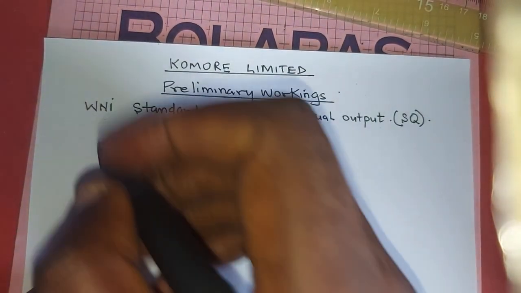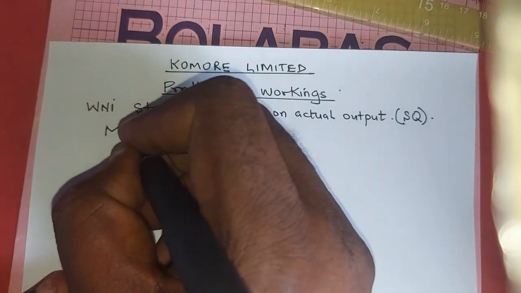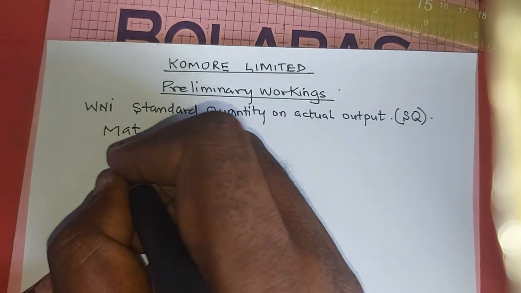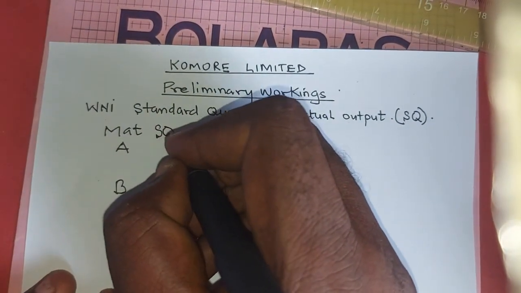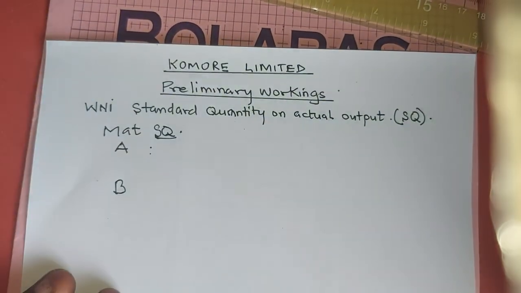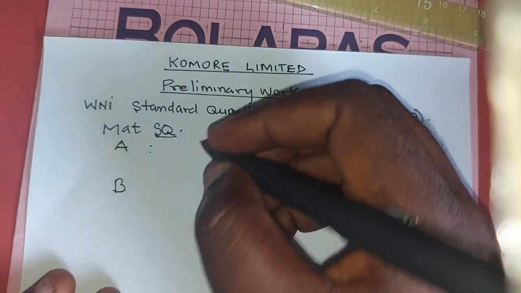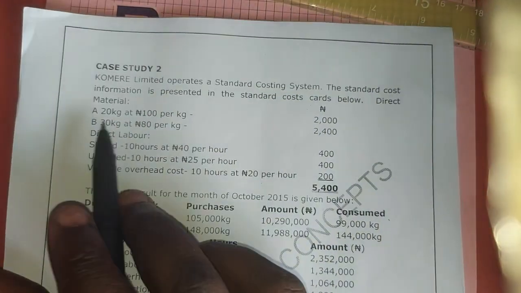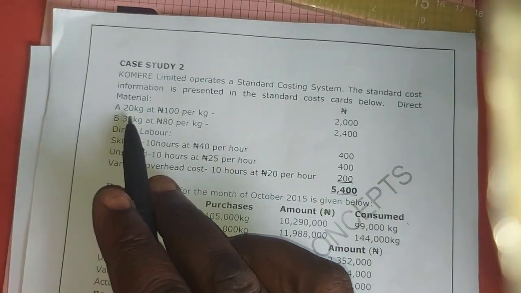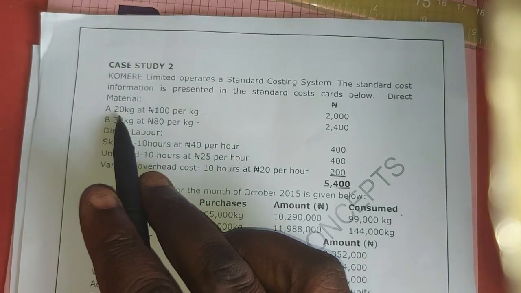On actual output, we have materials A and B. So what is the standard quantity for A? You go and check the standard cost card, that is your cost per cost unit,